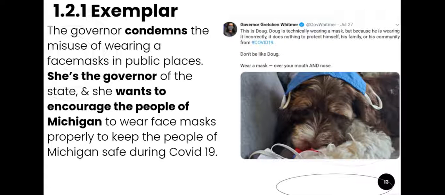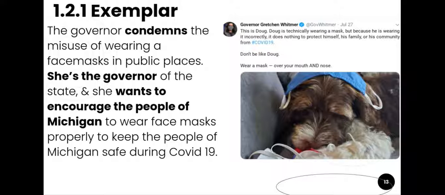So these bold words are the kinds of words that really show me what this author's point of view is. The word condemns is a nice strong word, and it really highlights that she is speaking against people who are not wearing their masks, who are not in the right here. So the governor condemns the misuse of wearing face masks in public places. Notice I'm not quoting, and I'm highlighting what this author believes based on what she's written. She's the governor. Remember, that's part of her point of view or her perspective of the state. And she wants to encourage the people of her state of Michigan to wear face masks properly and keep Michiganders